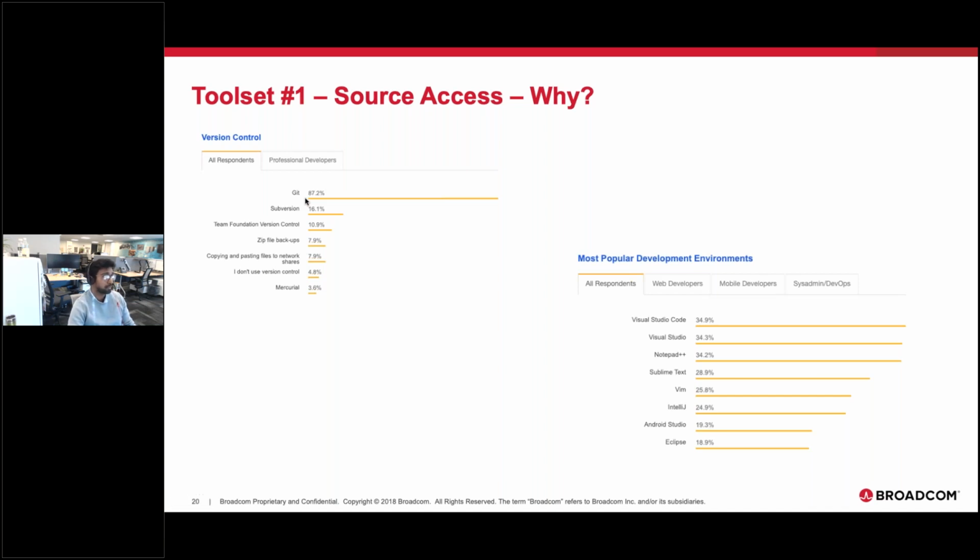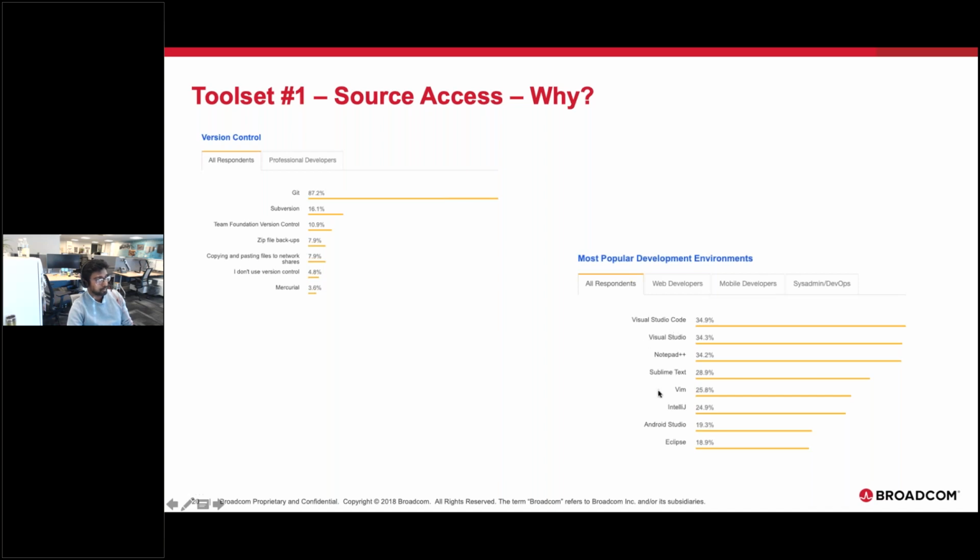So most people coming out of college are completely comfortable with using something like Git to access source code. Now, whether you're using Git or maybe using Brightside in combination with other SCMs and scripting languages to access source code on the mainframe, what that allows you to do now is you're not tied to a certain developer environment. Again, Stack Overflow, the survey here suggests that 35% of developers today are using an editor called Visual Studio